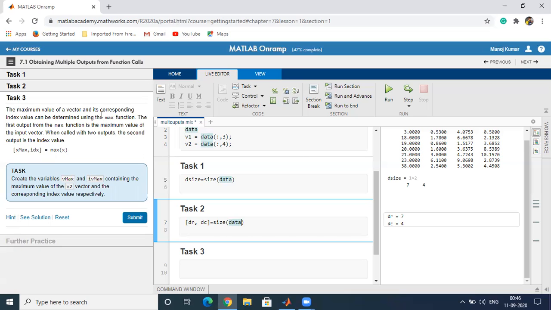If a matrix is given and we want to calculate the maximum value, and also at which position this maximum value is, then we can use the max function with square brackets containing x_max, idx to get the maximum value and the index.